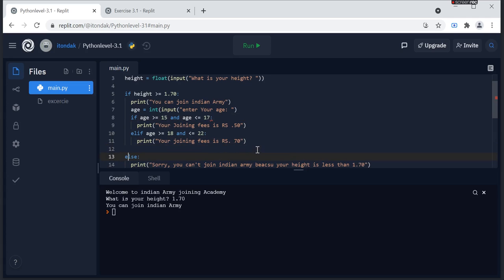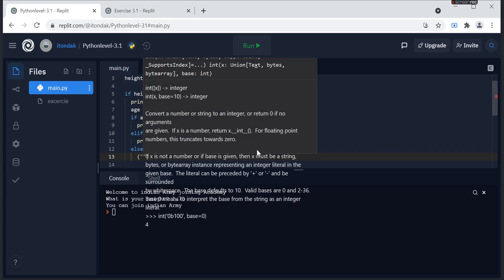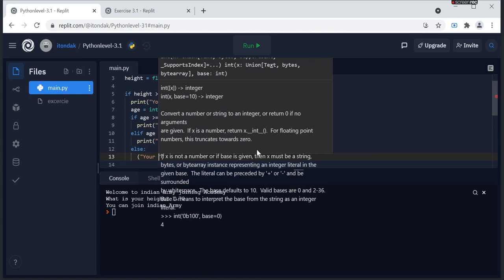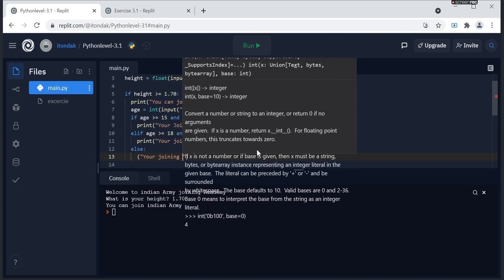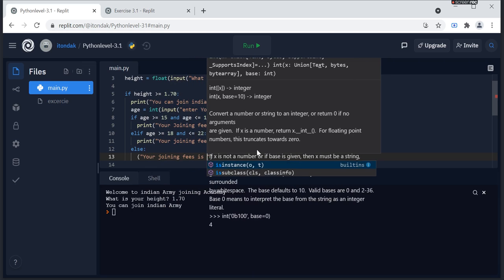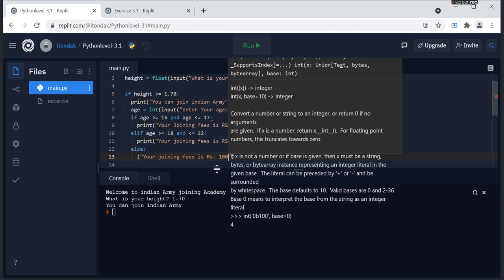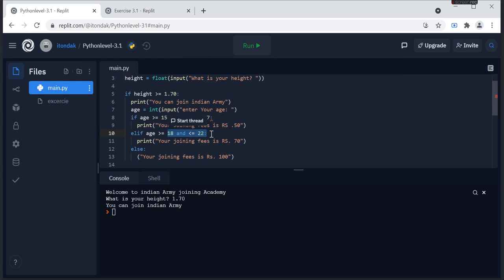Then another condition: else if their age is greater than 23 and less than 27, then we print a simple message, your joining fees is rupees 100, if it does not match 18 to 22 and 15 to 70.